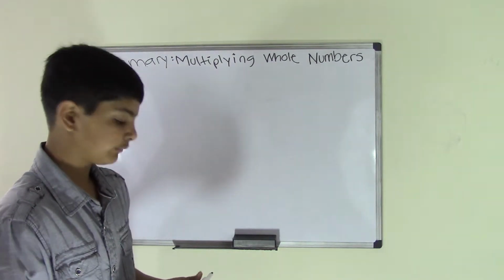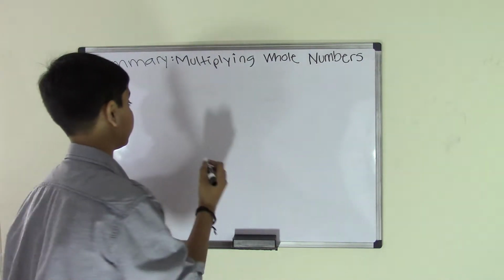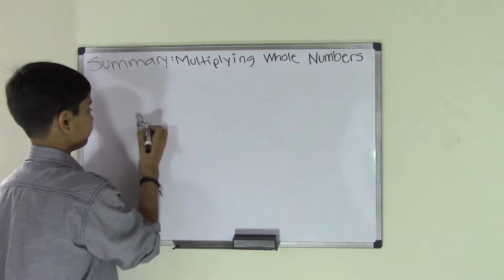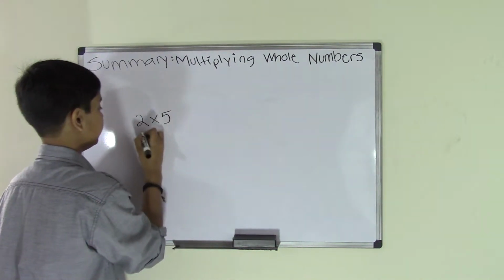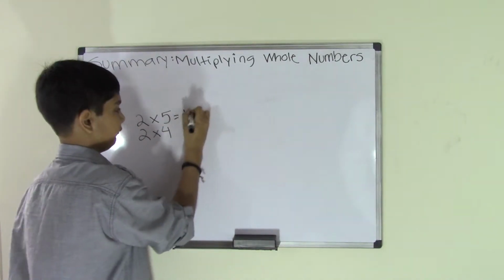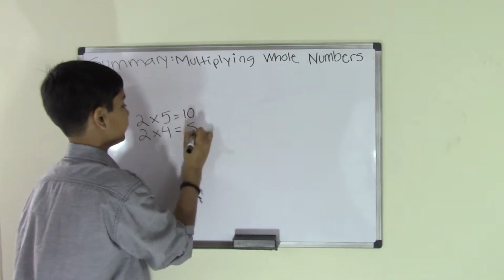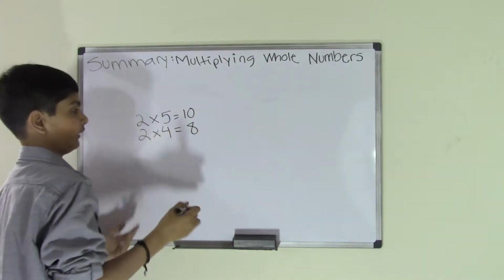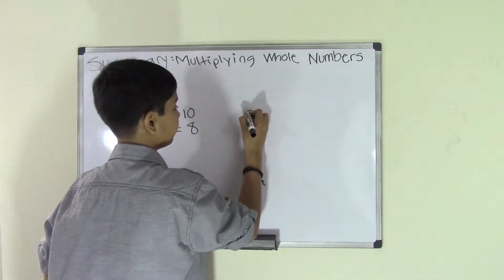So let's go ahead and do some examples on one digit by one digit multiplication. For example, we get 2 times 5 and 2 times 4. We know that 2 times 5 is 10 and 2 times 4 is 8 because we've been doing this a lot. But for example, what if we get a problem like